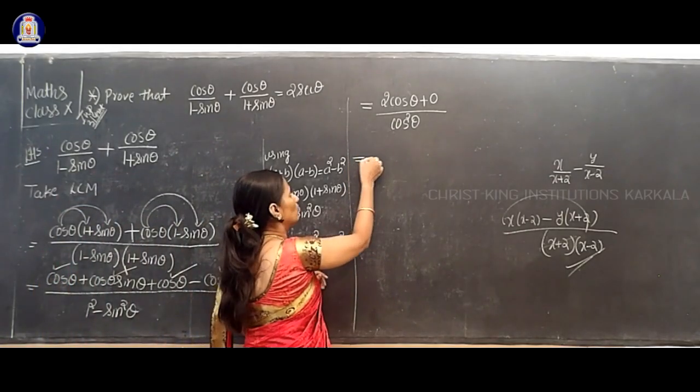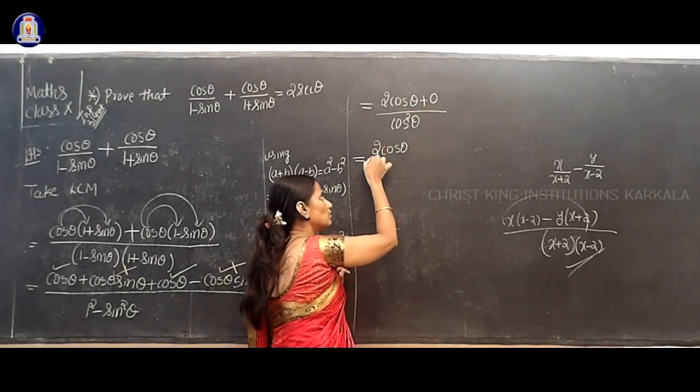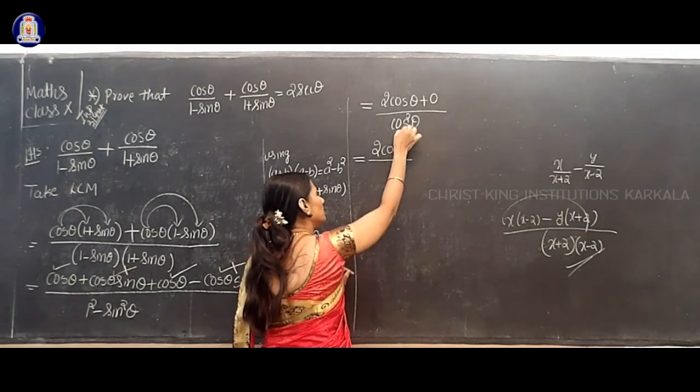So that is equal to 2 cos theta plus 0, it is 2 cos theta divided by cos square